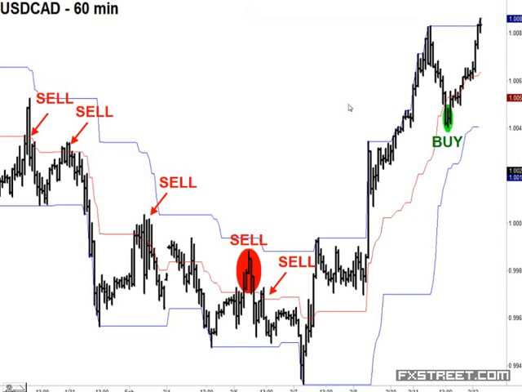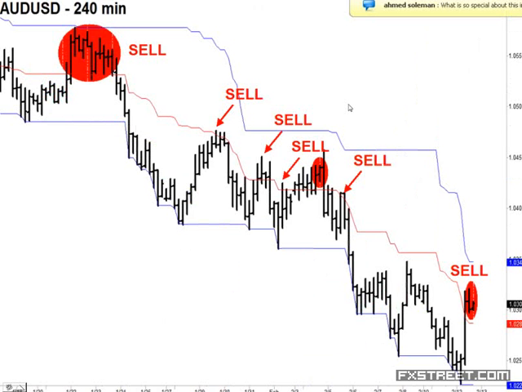How about if we want to look at a 4-hour chart? I know a lot of Forex traders like to trade 4-hour charts. Okay. Well, we have a 4-hour chart of the Australian dollar. All 3 Donchian channels are headed lower. So this is telling you that we should only be going short. Here was a really nice conservative bar here to go short. Any one of these bars you could have used to enter. And then look what happened.